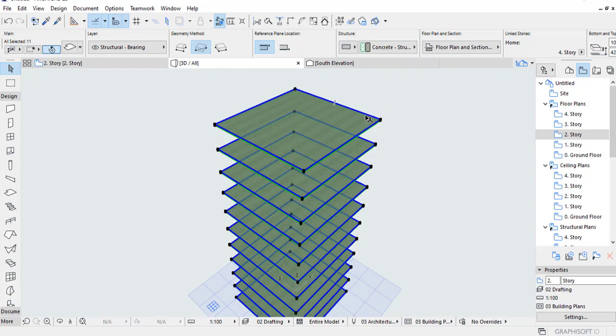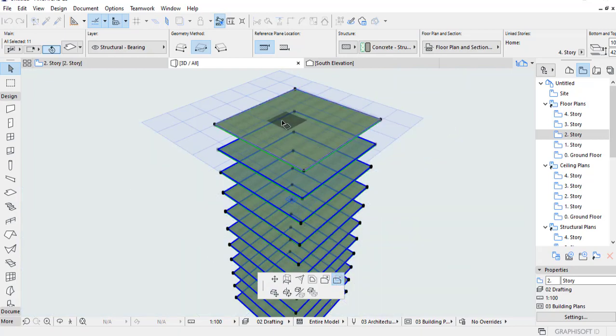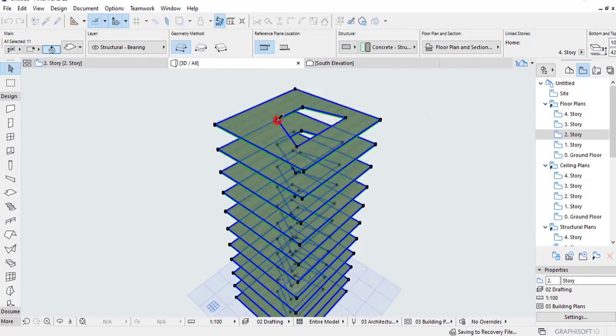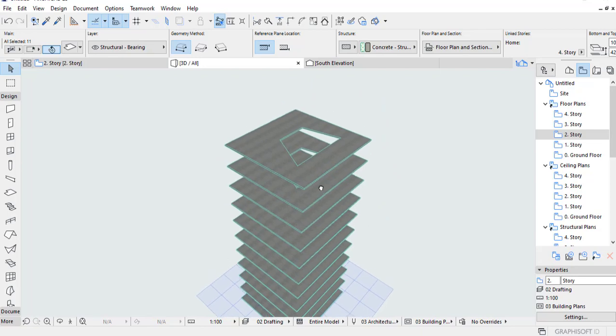How to activate the modification command is basically to click on any one of these edges or points and then use this command for subtraction, and then you can just define any shape. You can define a rectangle. In this case it allowed us to define a rectangle because rectangle is selected here by default. If you want to define a polygonal area, you will have to select this and define the polygon. You can have any other shape also. Then it cuts a hole into all of the slabs.